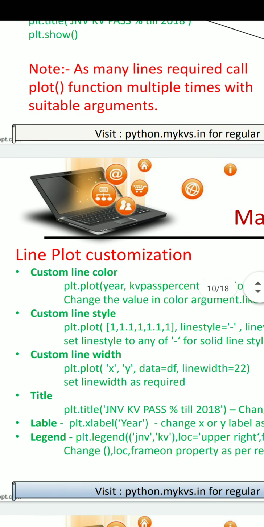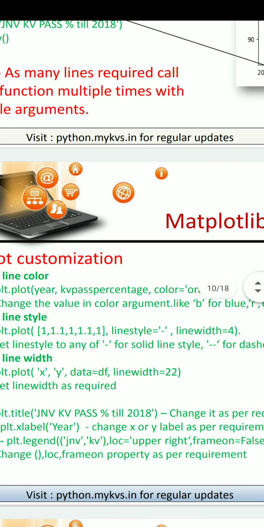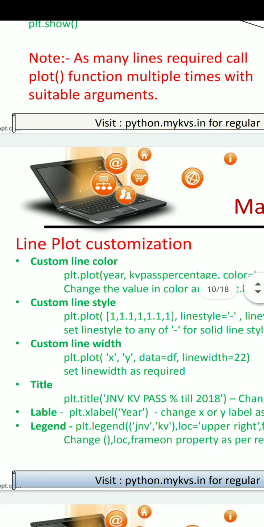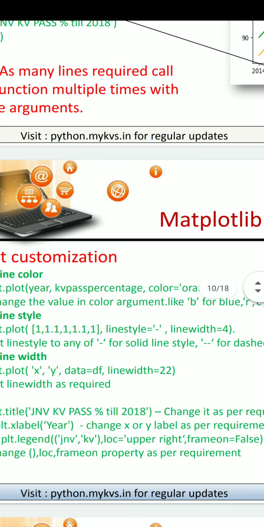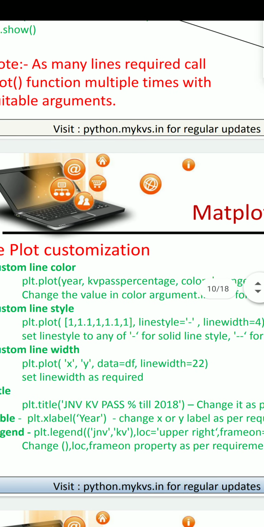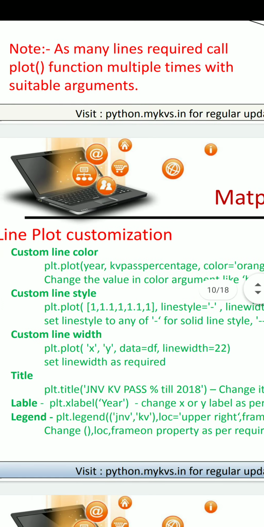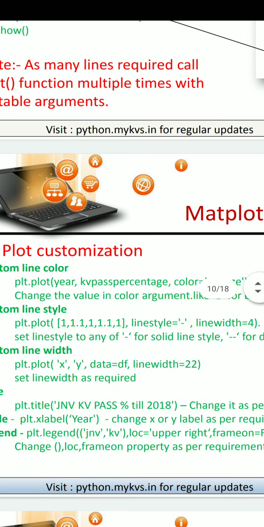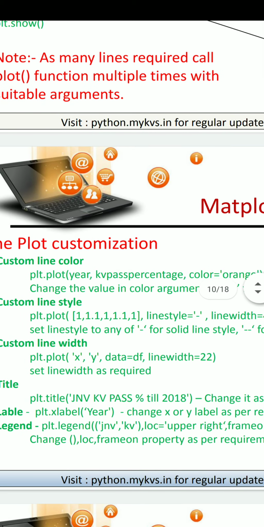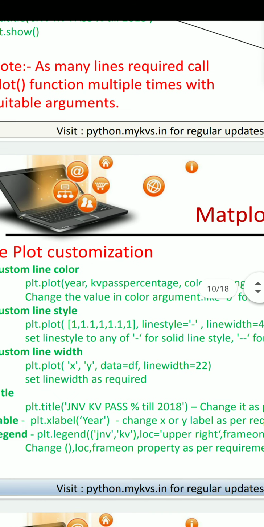Okay, now next one is line style. By default the complete line is displayed without any break, but as per your requirement you can set the line style also. I am making one correction here.